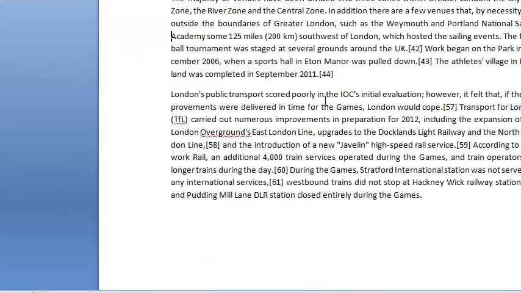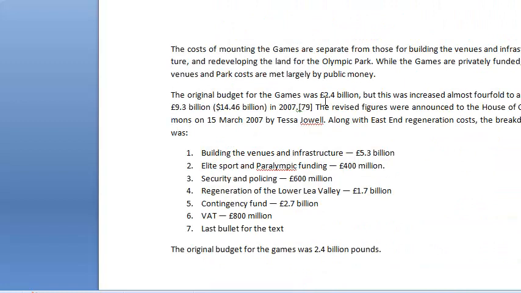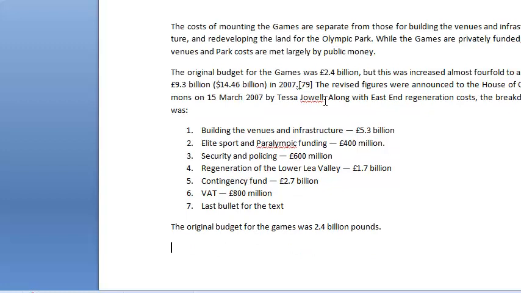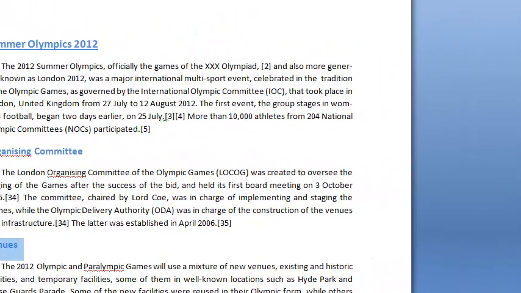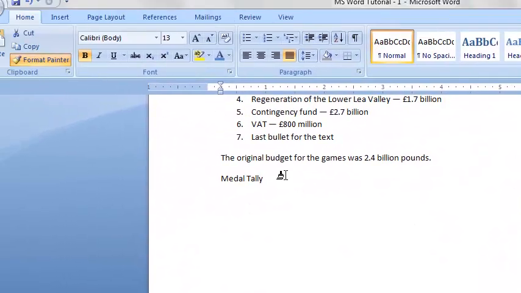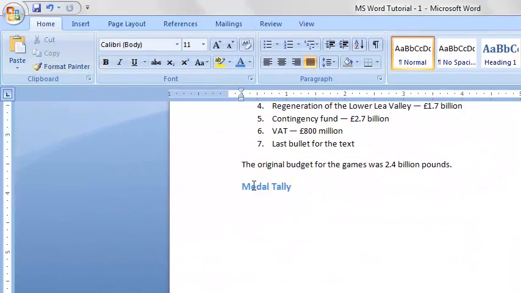Let's go to the end of the document and say here we want to insert a table. Since this is a topic around Olympics, let's say we want to create a section on medal tally, meaning how many medals each of the countries won. So we want to create a table on that. And this is a subheader, so we want to have the same format as this subheader. So we use the format painter, come back, and paint on this. So you see the same format being applied on this subheader.